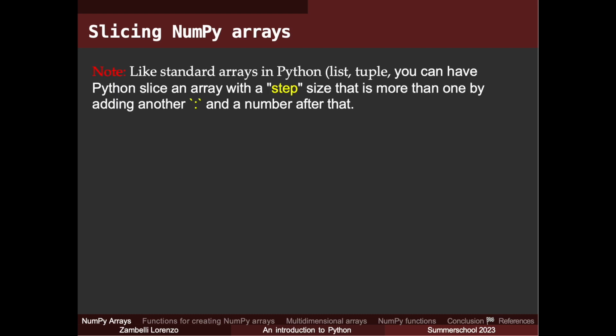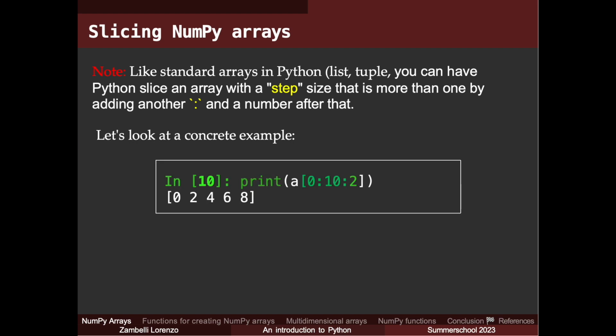Okay. Like standard arrays in Python, we can also decide the step size that the slicing can do, and we can do that by just adding an additional double dots. Look at the examples. The array is still the array created from the range function until 10. This time we want slicing the arrays